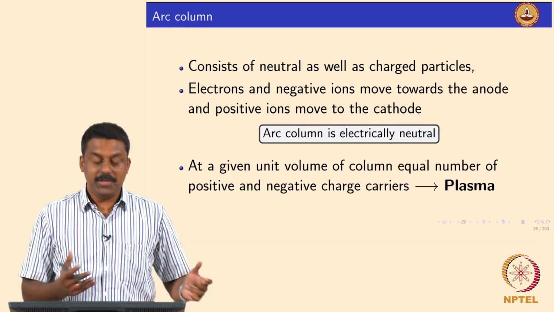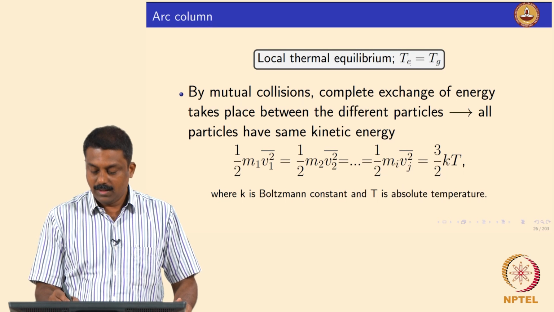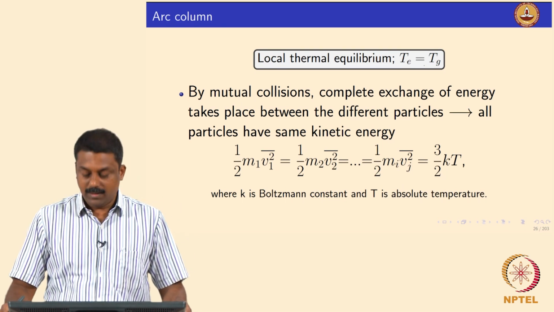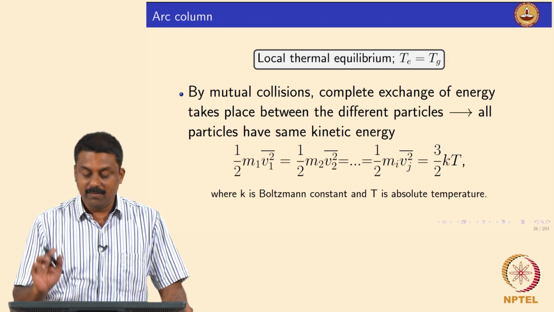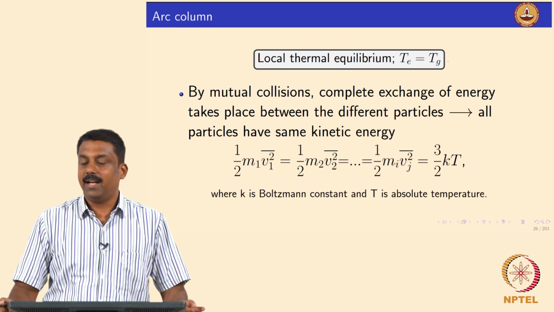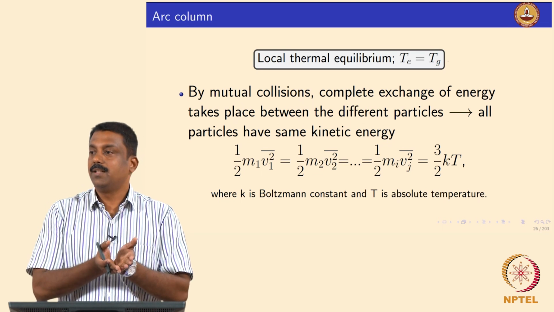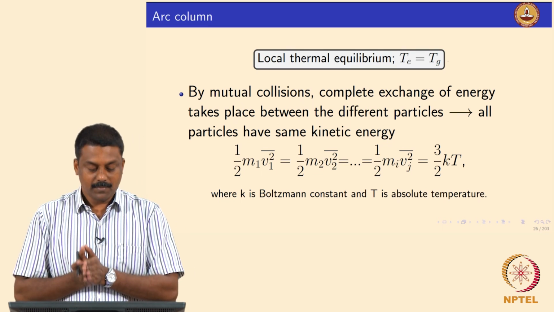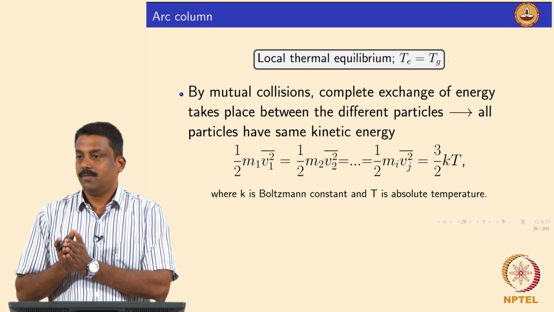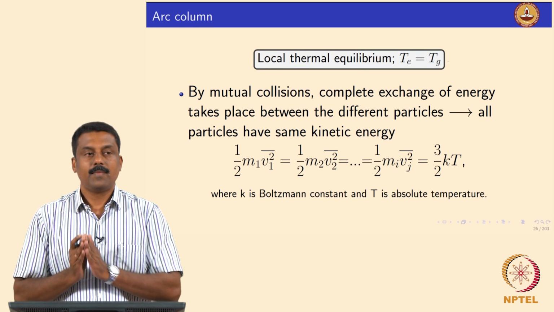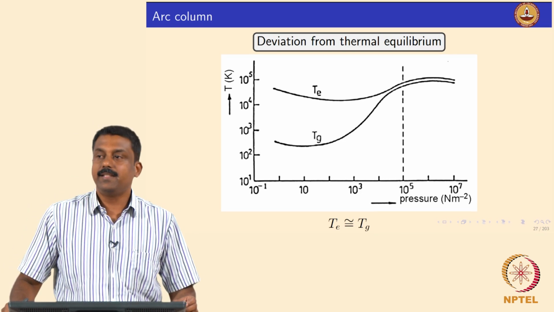And because of the mutual collisions between the electrons and ions, it ensures the local thermal equilibrium. Okay, so the temperature of electrons and gas temperature are more or less equal. And if you achieve such a state, it is a clear equilibrium state of plasma, where your plasma reached the electrically neutral and thermal equilibrium system. Okay. In that system, the kinetic energy of all the particles is the same, which is equal to 3/2 kT. Is it clear? Good. But it is not always the case, right?